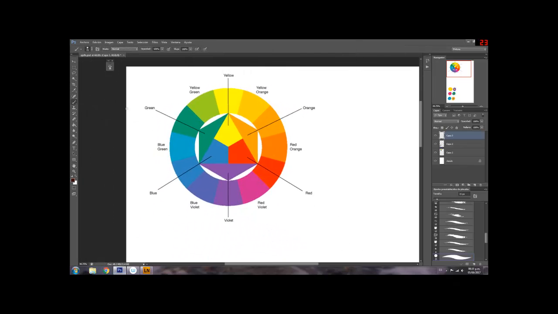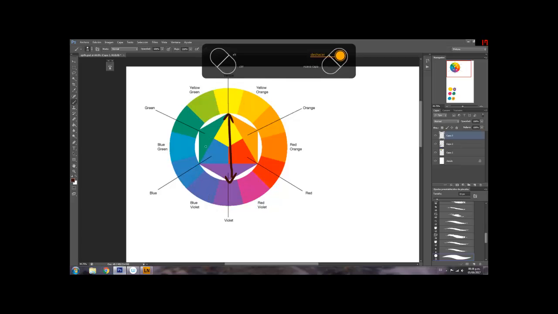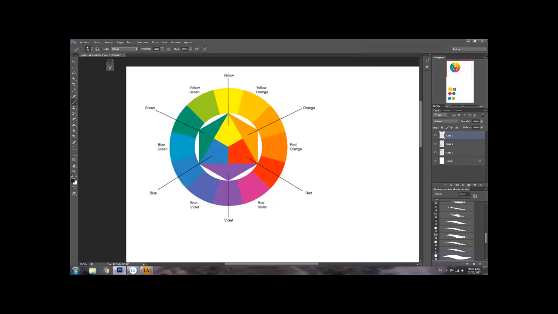These colors are harmonic together because they are beside each other, and these are complementary colors. These will help us. I'm going to show you later how they work together. These colors will help us with shades